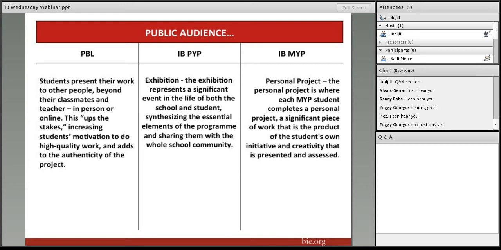So public audience, not only in school, but providing real experience that students can use and take with them starting in the primary years program. Then in the middle years program, we have the personal project, where students take a piece that's personal to them, a significant piece of work. It's their initiative, and they, through their own creativity, present and their work is assessed by a larger public audience. So it's project-based learning at its heart through the exhibition in PYP and the personal project in MYP. So as we think about the essential elements of PBL, and we think about the IB primary years program and the IB middle years program,